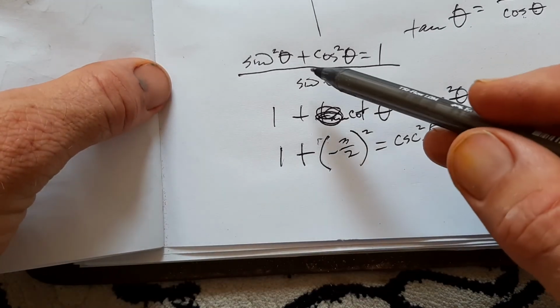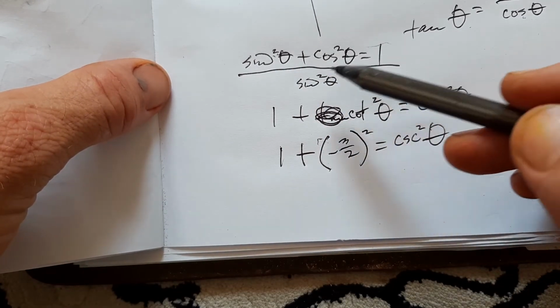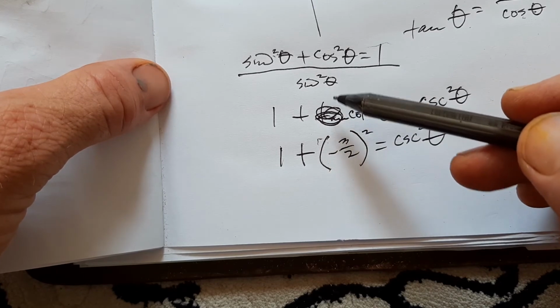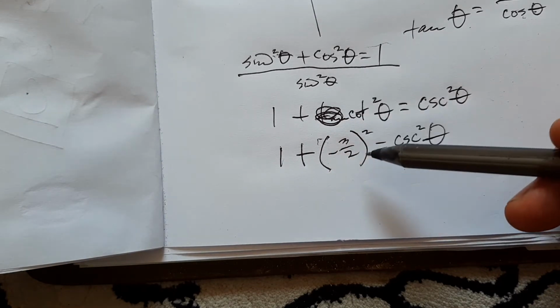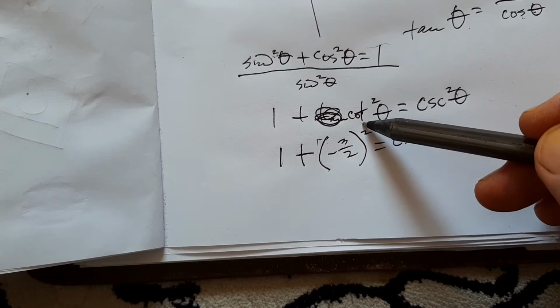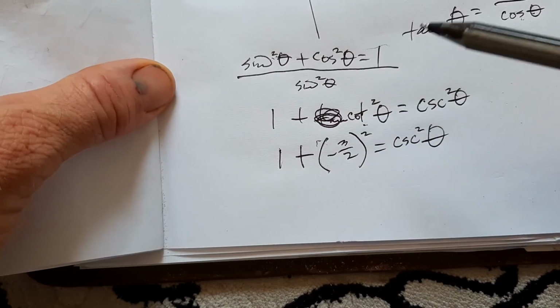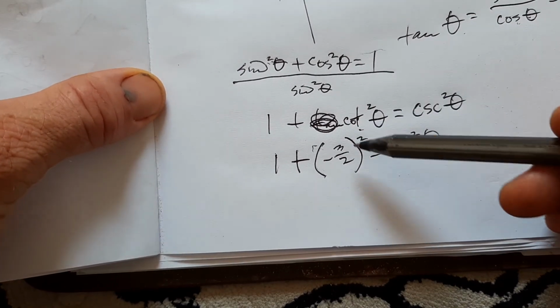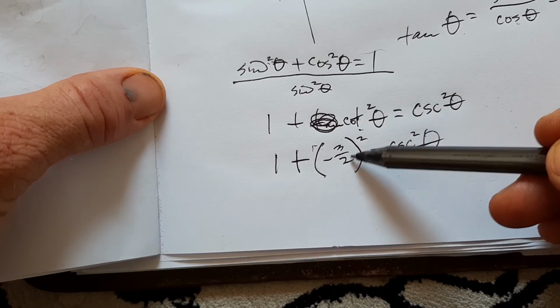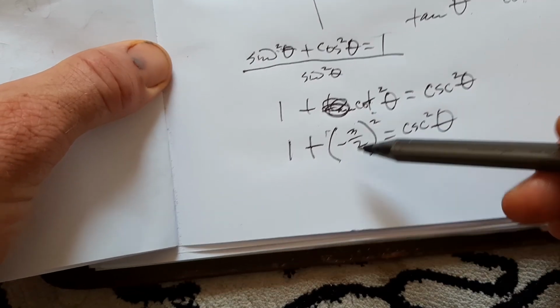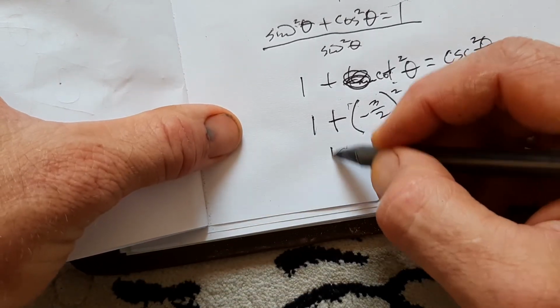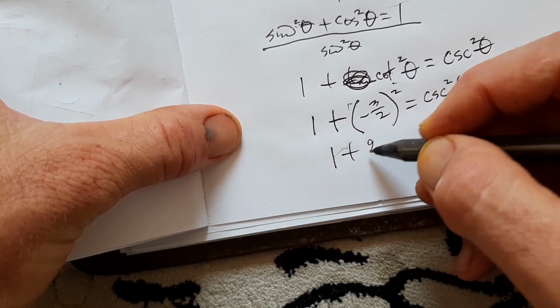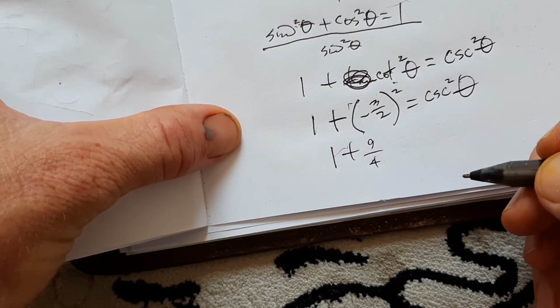If you can remember this one, divide everybody by sine squared theta, and in a minute we'll divide by cosine squared theta to get the other one. And then I got cotangent squared. Well, I take tangent, do the inverse, that's cotangent, I square it. I got this relationship, so I'd have 1 plus 9 over 4